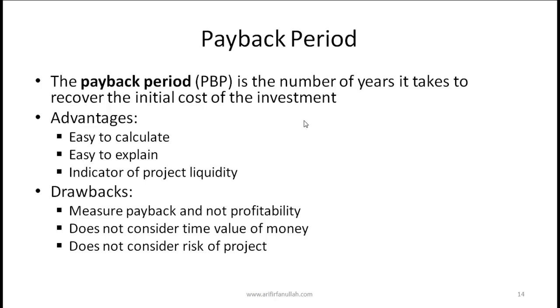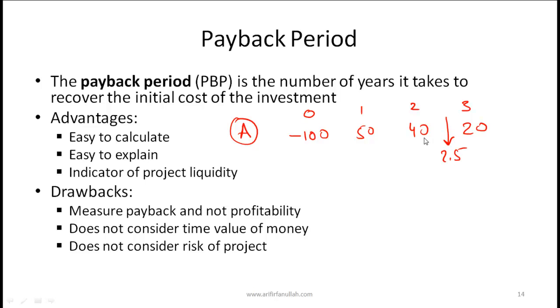So let's take a very simple case where at time 0 you invest 100, and then in time period 1 you make 50, in time period 2 you make say 40, and then in time period 3 you make, let's say, 20. So the payback period for this project A is between 2 and 3 years, and to be precise you extrapolate. In 2 years you've made 90, in 3 years you have made 110,